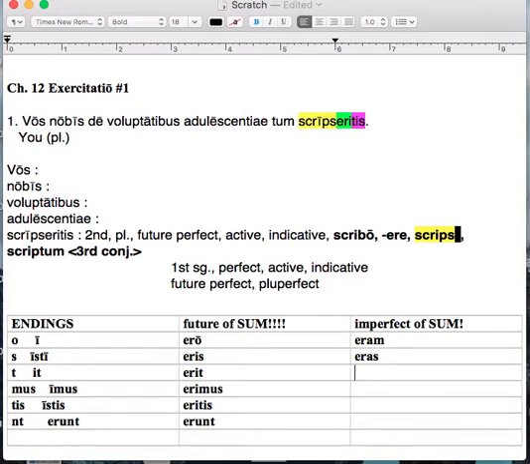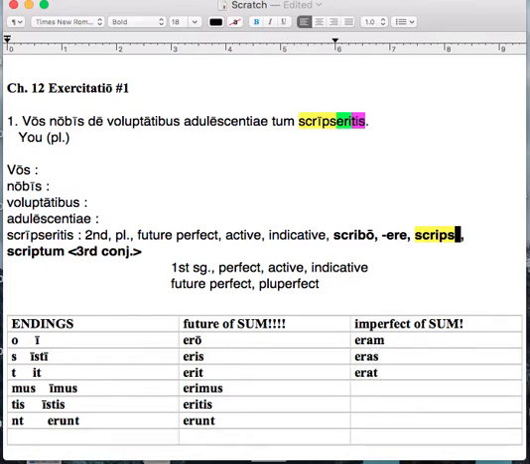Eras, erat, eramus, eratis, erat. And there we go. So for the future perfect,